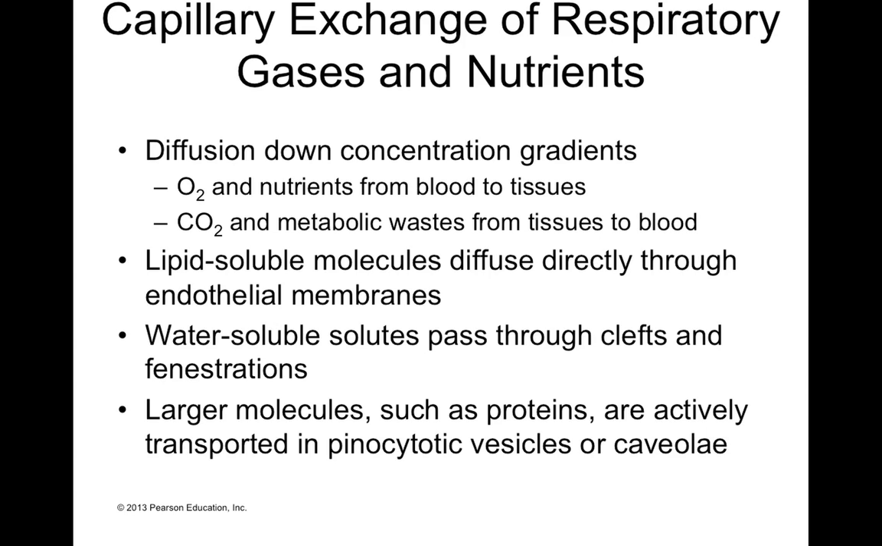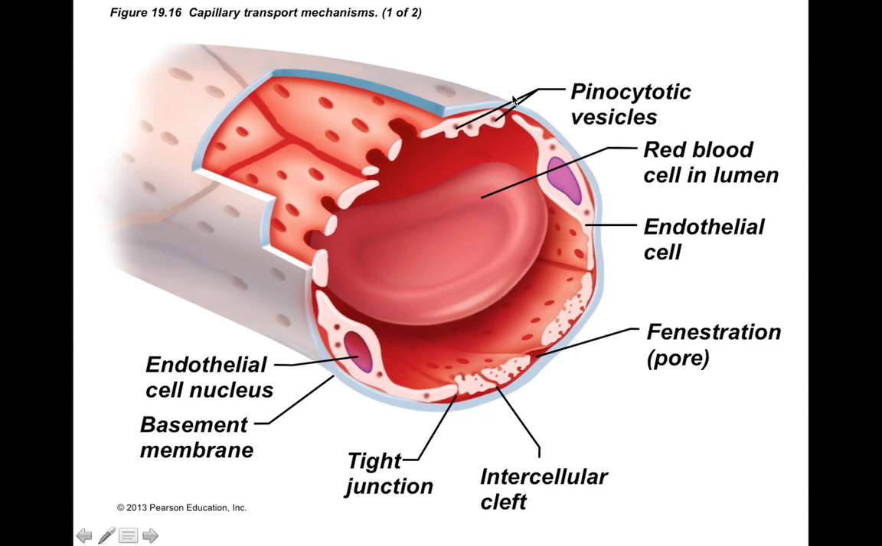Same with carbon dioxide. Let's say CO2 is in really high concentration in your tissue, then it can diffuse into your bloodstream where it's in lower concentration to help eliminate that particular waste. And CO2 is a waste. It's one of those metabolic wastes that has to be eliminated from your body. Otherwise, it forms an acid that can start to damage your body's tissues. Other lipid-soluble molecules can just diffuse across this capillary membrane really easily. Water-soluble solutes can cross through clefts or fenestrations, and larger molecules like protein can be actively transported using vesicles of some sort, like transcytosis. So we talked about how there's different types of capillaries, and this particular type of capillary